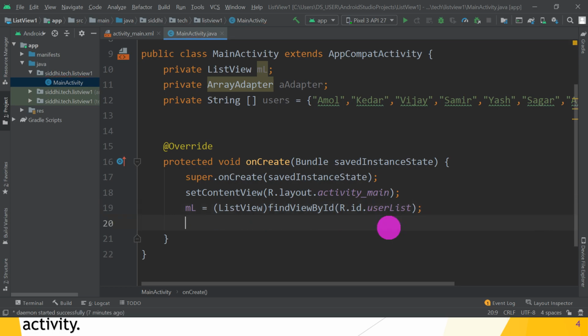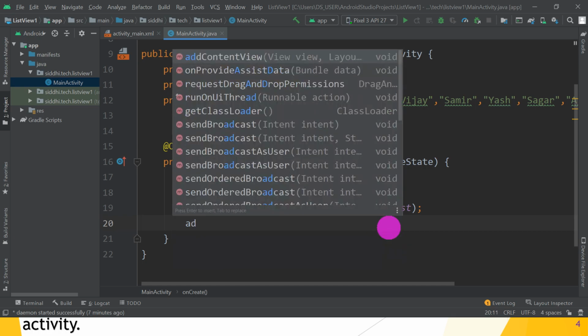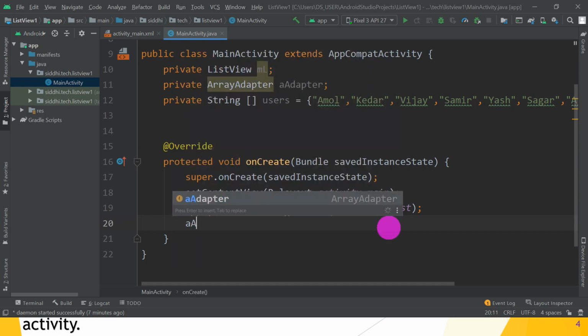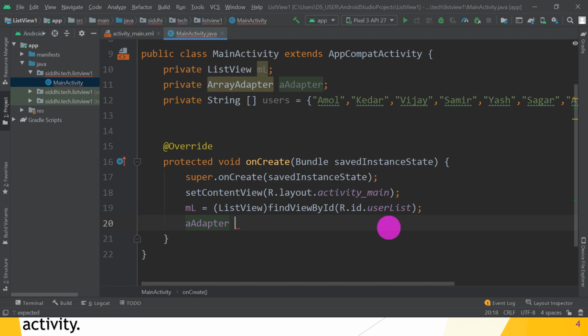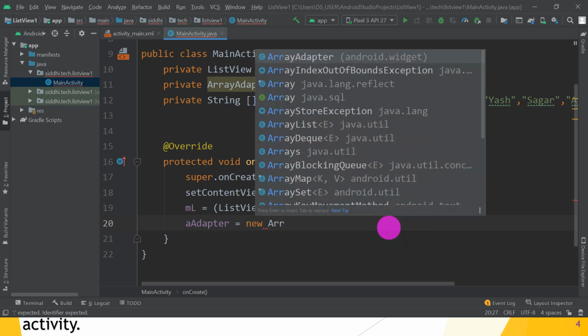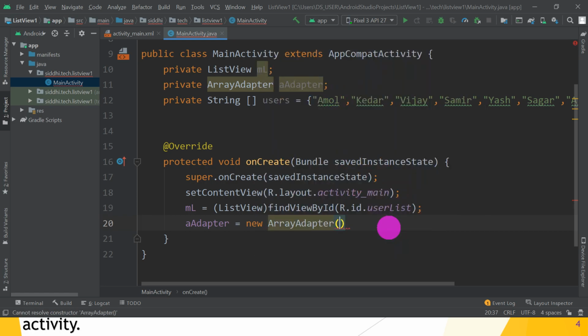Now adapter class object is equal to new ArrayAdapter. Choose it, then this ArrayAdapter class constructor takes three references. First is the current class object, that is this.